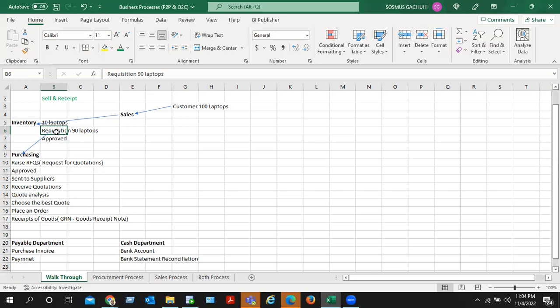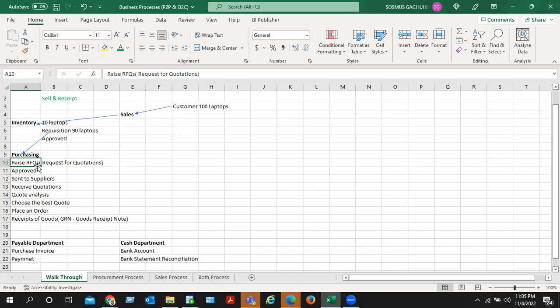Once the requisition document has been raised, it will be approved. Once it has been approved, the information in this requisition will be shared with the purchasing department. After receiving this information, the purchasing department raises RFQs, that is, requests for quotations,